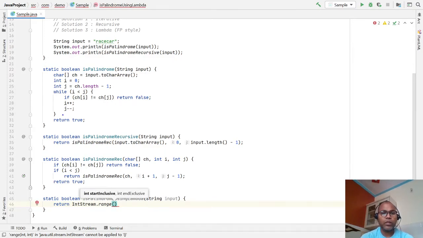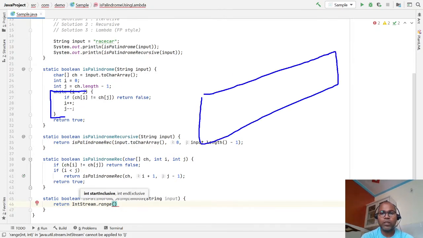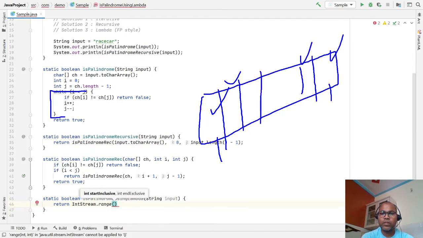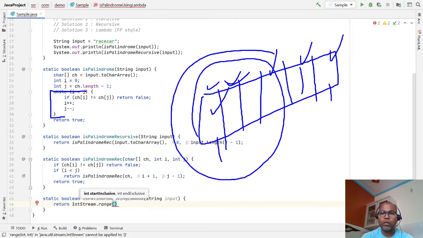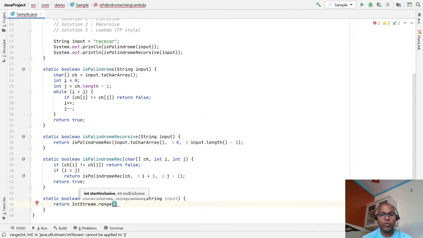If you notice, we are iterating the loop, and in one iteration you are handling two positions, the first and the last, then the second and the second last. Internally you are iterating half of your input character array. So I am going from 0 to input.length divided by 2.